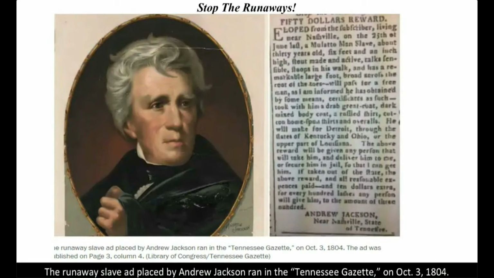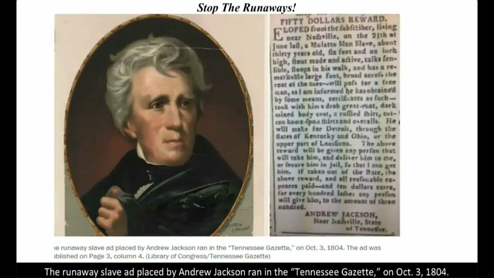For example, in the runaway ads, this one was put out by Andrew Jackson, where the escapee is not named, but if you look closely at the wording, he is missing his mulatto man slave,